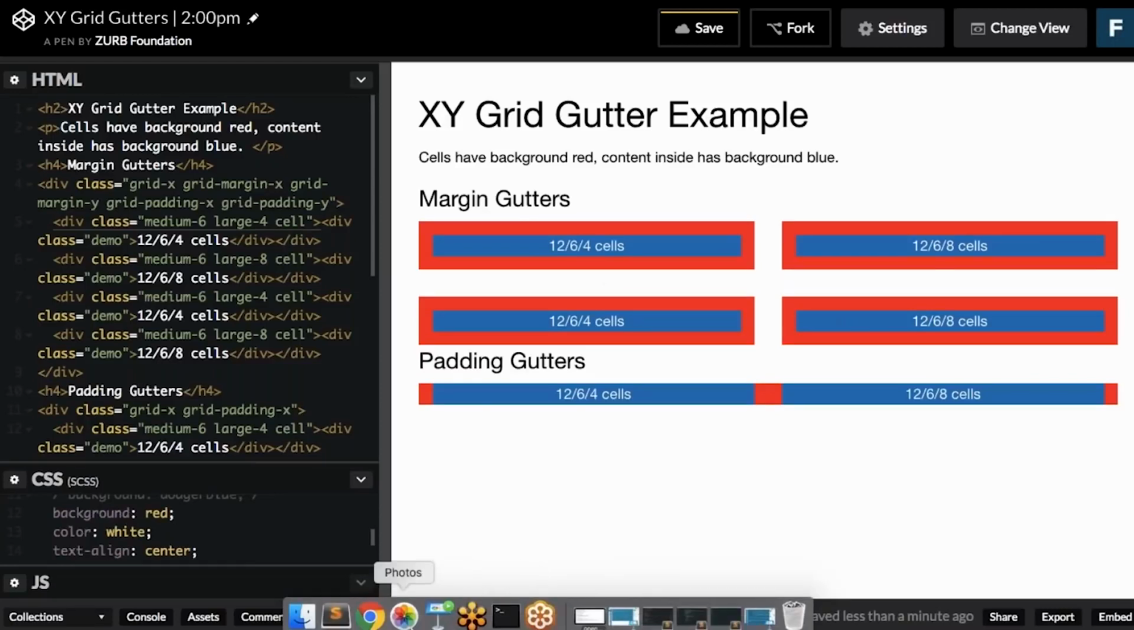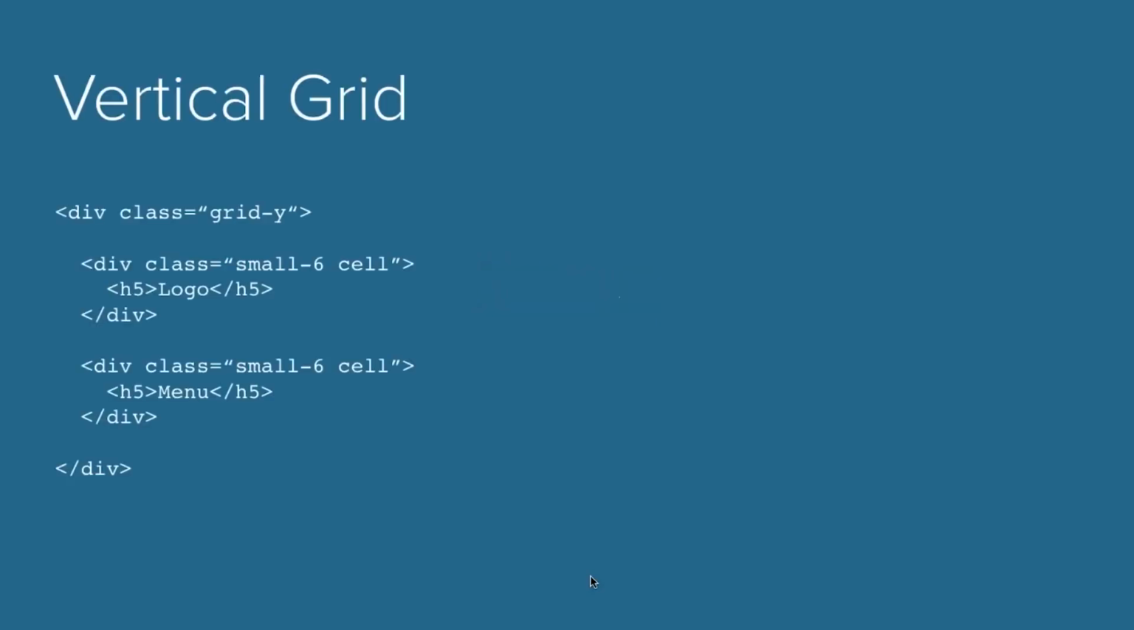Moving on to vertical grids, where we start to have even more fun. To create a vertical grid, instead of having grid X, you have grid Y. Everything else remains the same. So you have this, you still have your cells, you have your grid Y, but what we end up with